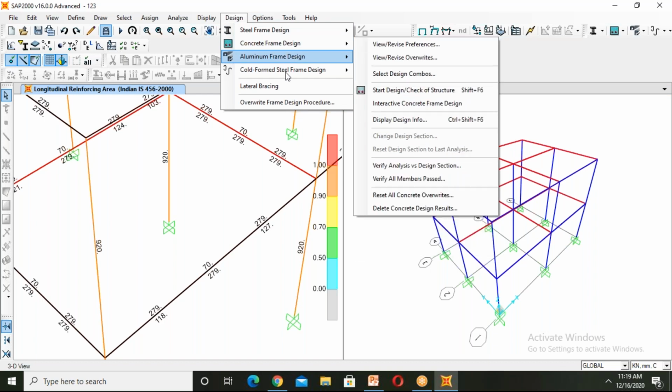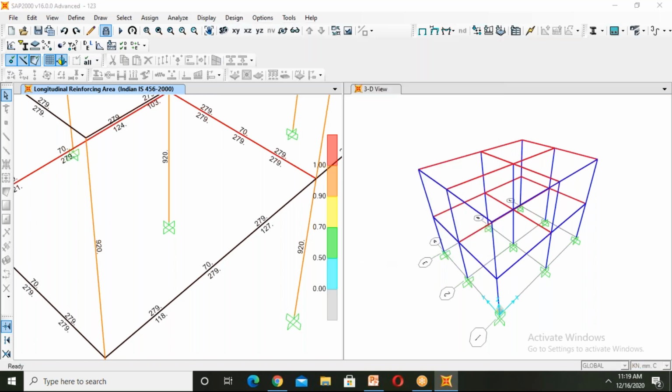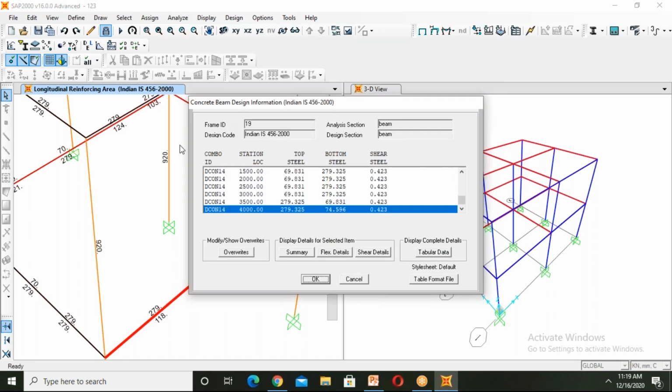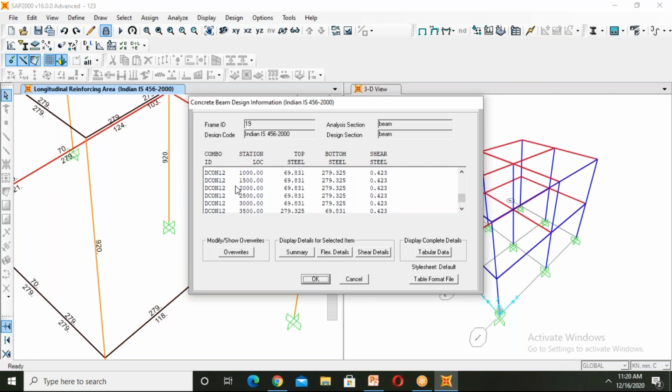After that, if you want any reinforcement, just left click on a beam or column, then it will show reinforcement based upon our combinations.